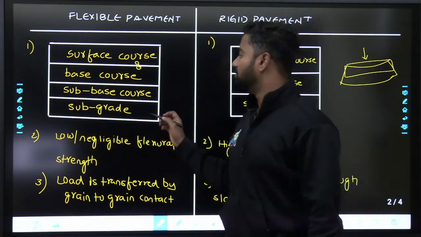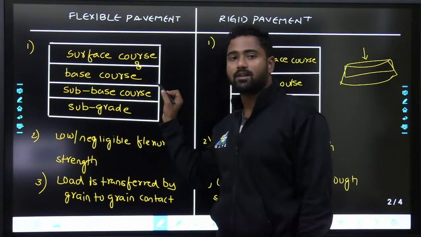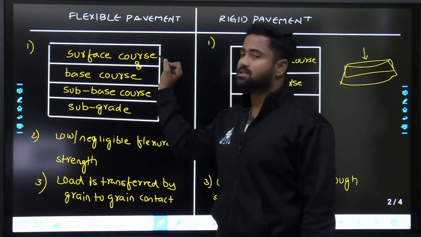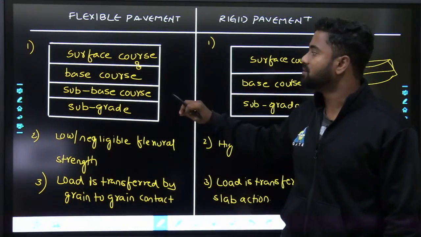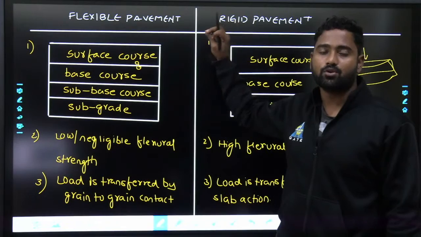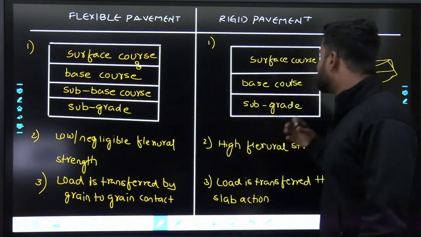So that is the meaning of it. If there is any failure in the subbase, it will be seen in the base and surface. If there is any failure in the lower surface, it will be seen up to the topmost surface. Fine. Next one is